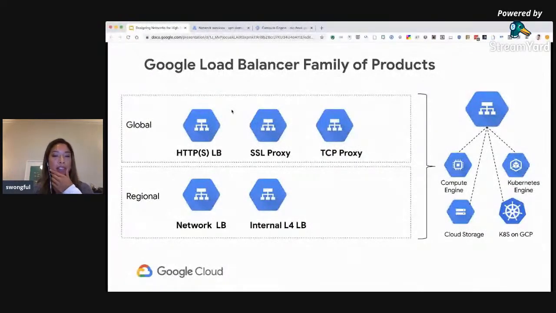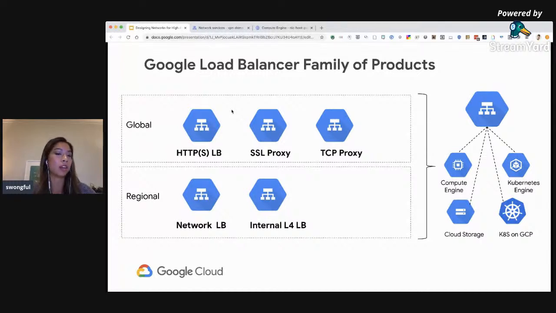All right, so just going back to the family of load balancer products, it's not just the HTTP load balancer that will provide you with a highly available network. It's common practice to load balance requests received from external sources like web or mobile clients, and then also using internal load balancers for different services or tiers within your application. And that will, of course, increase resilience and flexibility. We provide internal layer 4 and layer 7 load balancing for this purpose. So just make sure that you attempt and try to implement load balancing at all layers of the stack.